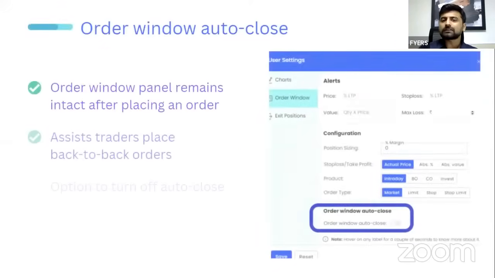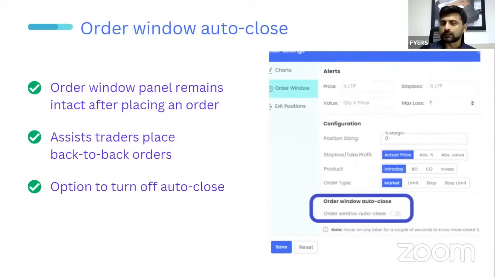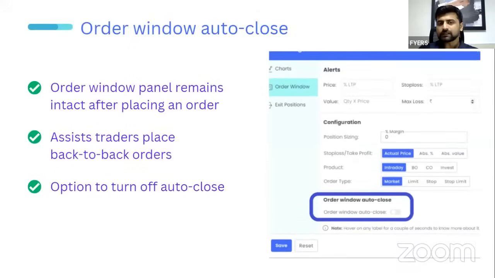Order placement tools. So order placement को आसान करने के लिए what are the things we have brought to the table for all of you? So the first thing is order window auto close. So order window auto close means जो order panel होता है, जो panel खुलता है जहां पे आप orders place कर रहे हैं, एक बार OK click करने के बाद वो panel चला जाता है generally, लेकिन हम directly उस panel को sticky window जैसे वहीं पे लगा सकते हैं